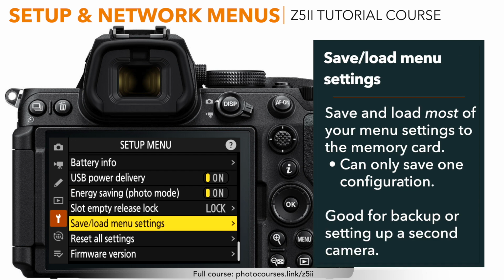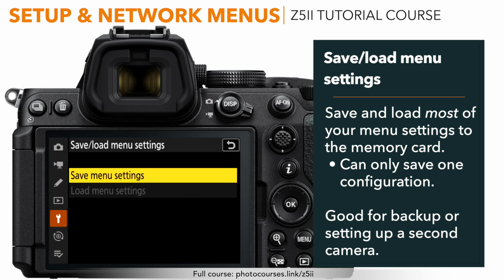There might be a time where you need to do a complete factory reset of this camera, and you want to be able to restore all the menus to how they were before the reset. Or you get a second camera just like this one, and you want to have identical menus. You can save all of your settings in Save Load Menu Settings. When you save those, it's going to save that setup to the memory card, not the camera itself. So that's going to create a configuration file on the memory card, and then you can load them from that